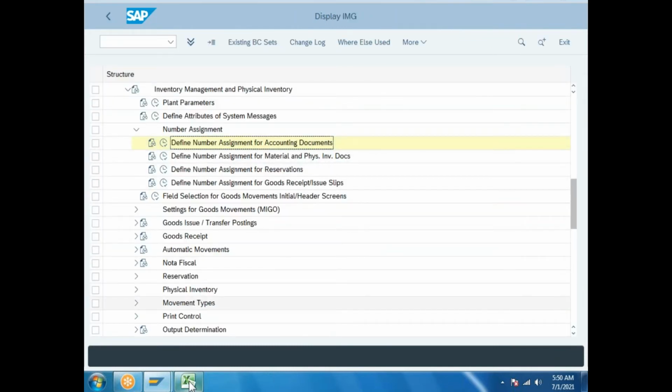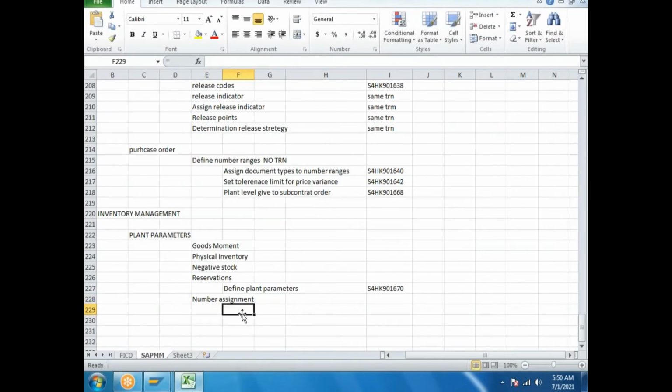Define number assignment for accounting documents: who will take care? FI. The FICO consultant will take care of it. Whatever configuration you have done, they will also do. That guy will complete this point.